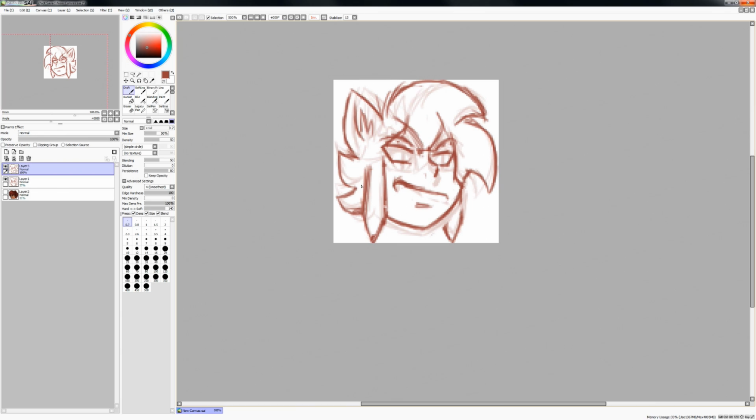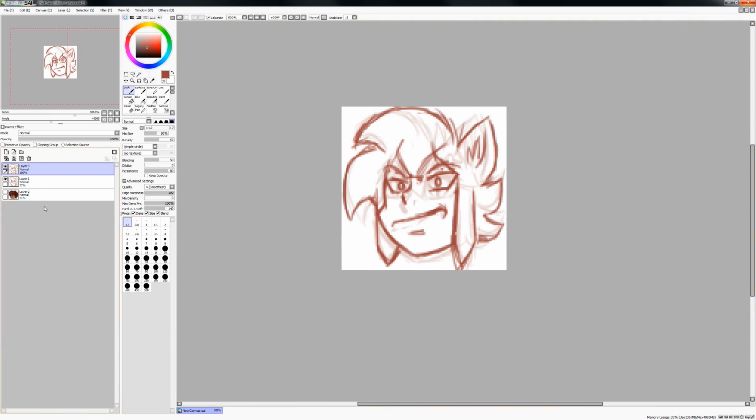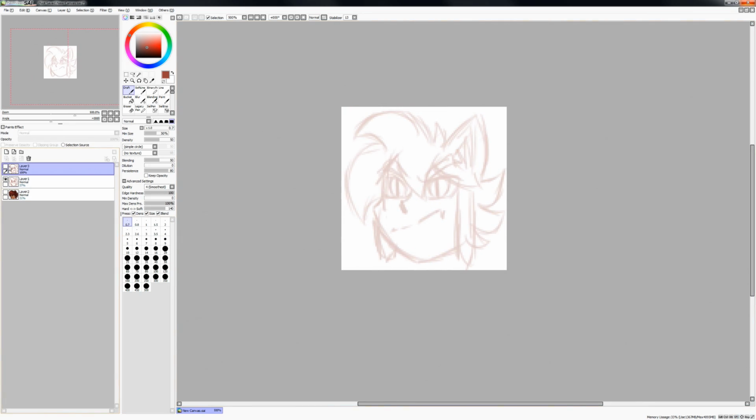Because the more lines that you add, the more resolution you attempt to give it, or the more detail. The more detail that you attempt to give the image at this level, the more problems that you are going to create at a smaller level. So really, the fewer amount of lines that you can draw, the better off you are going to be. And actually having her with smaller eyes anyways would probably work better in terms of showing off her emotion. What does that look like compared to the original? Yeah, it's much better than the original.